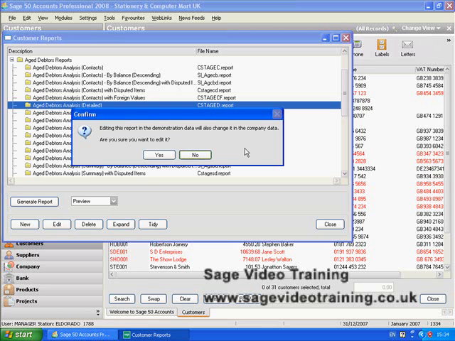Editing this report in the demo data will also change it in the company data. Are you sure you want to edit it? So just bear that in mind. In actual fact, when I've edited it, I'm going to save it with a new name, because Sage won't want me to write over the top of a pre-supplied stock standard report. So even though I'll say yes, I do want to edit it, I won't actually do any damage because I will save it with a new name, and this one here will continue to exist. So say yes, we do want to edit it,